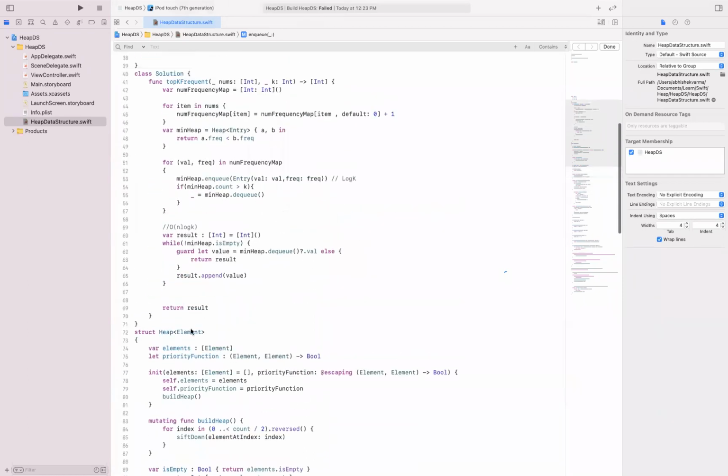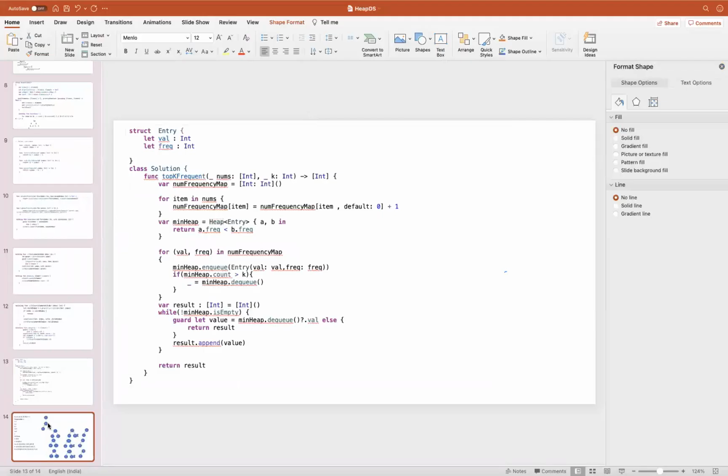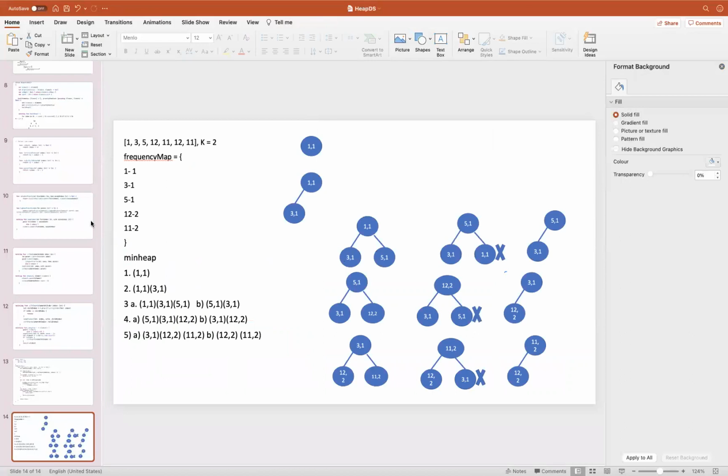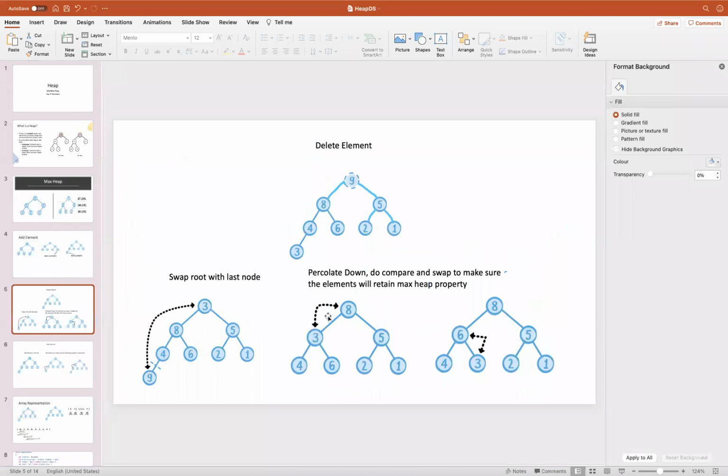Because if you see in the PPT also, how many times we are doing these swaps, we are doing that through the height only. We are not doing more than that. So for any given tree, if we are doing an operation through the height, its time complexity will be O of log n, where n is the size of the tree.